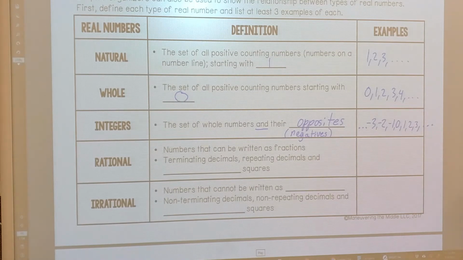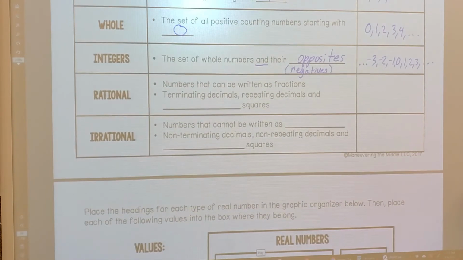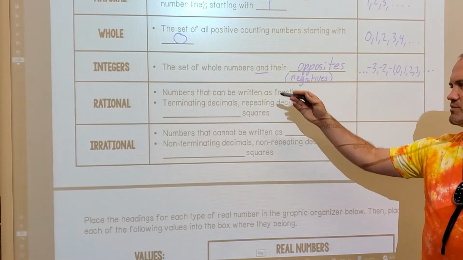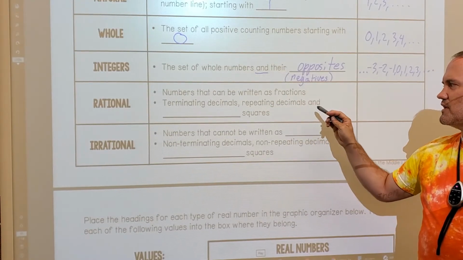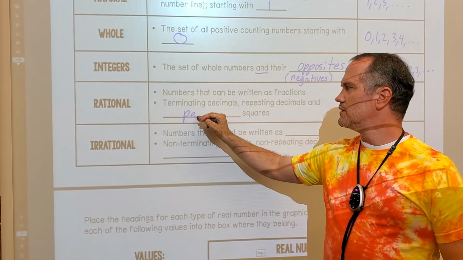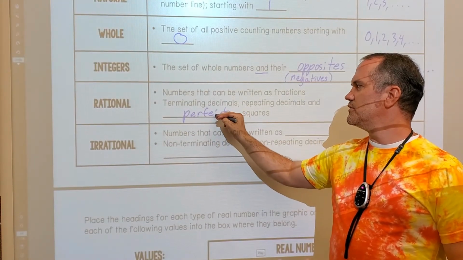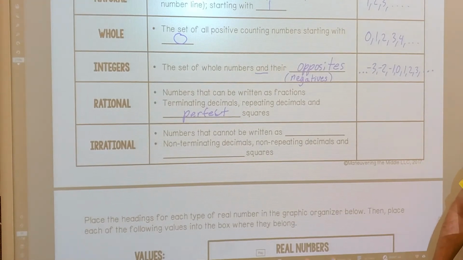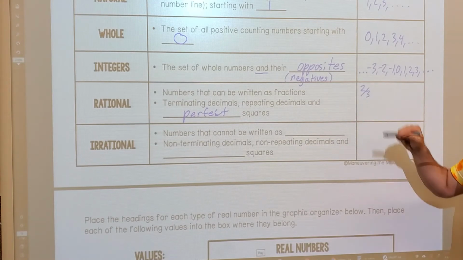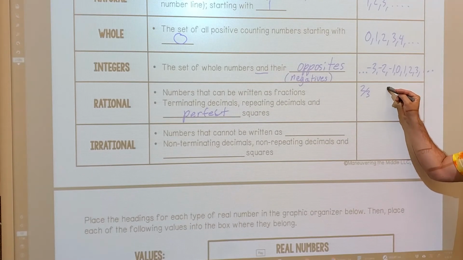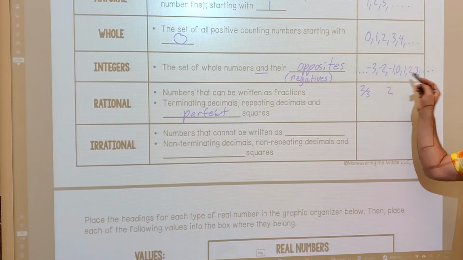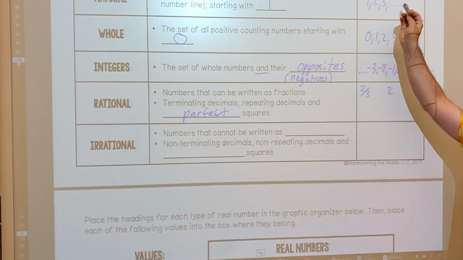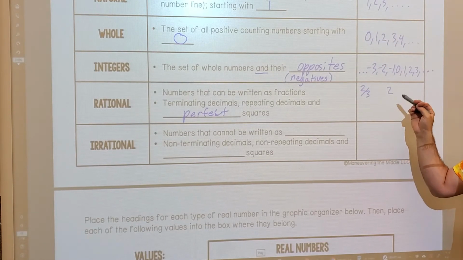We're overachieving. Okay, rational numbers are numbers that can be written as fractions: terminating decimals, which we talked about just barely, repeating decimals, and perfect squares. I really don't understand the need to include perfect squares in there, other than to differentiate between non-perfect squares. So this would be like 2/3, but 2 is also rational, so it includes the whole numbers. Integers include all of the whole numbers, and the whole numbers include all the natural numbers. So the rational numbers include the integers,